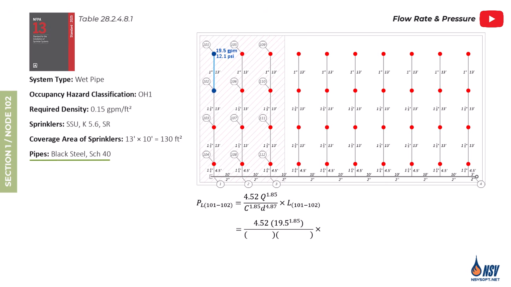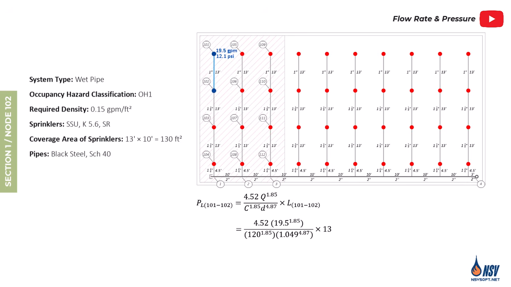Since the pipes are black steel and the sprinkler system is a wet pipe system, according to Table 28.2.4.8.1, the C factor shall be taken as 120. In the formula, D represents the internal diameter of the pipe. For Schedule 40 steel pipes, this value should be taken from Table A.16.3.2. For a 1-inch pipe, the internal diameter is 1.049 inches. Based on the sprinkler layout, the length of the pipe in section 1 is 13 feet. Applying the data and performing the calculations, the pressure loss in the pipe between sprinklers 101 and 102 comes out